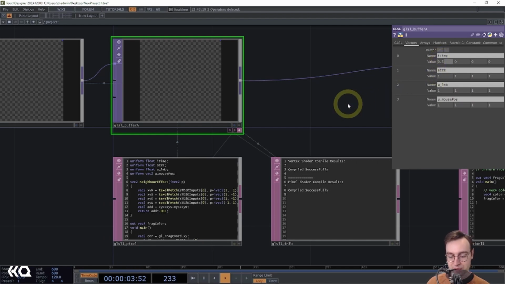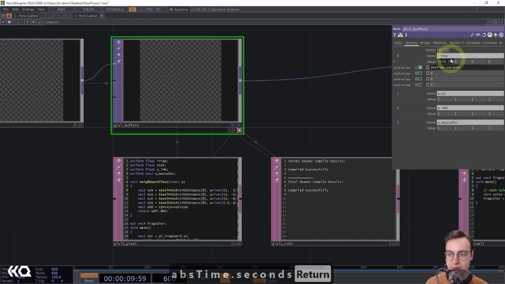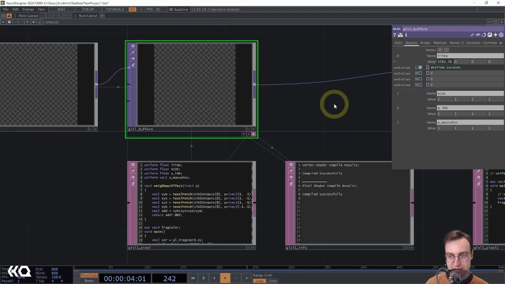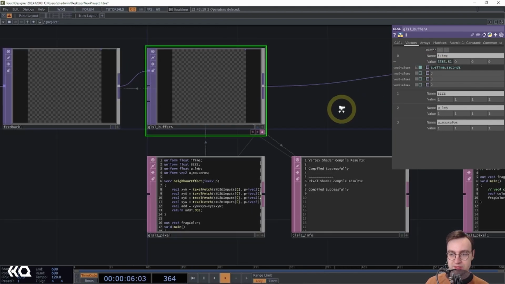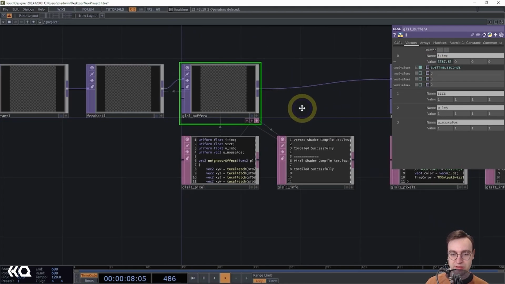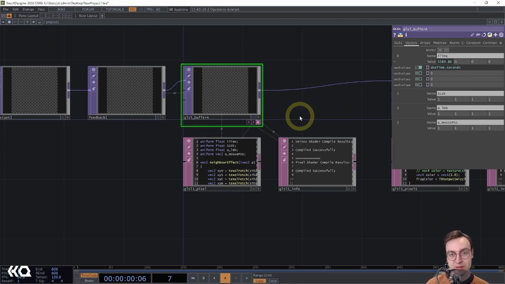So for iTime, we can use something like abstime.seconds in that first value box here on the left, again, to provide that ever increasing time value. For size, we're going to actually create an additional operator so that we can access this variable in our image code as well. So we will set that up now, and then we'll talk about how we can deal with